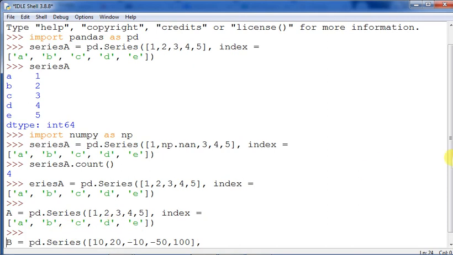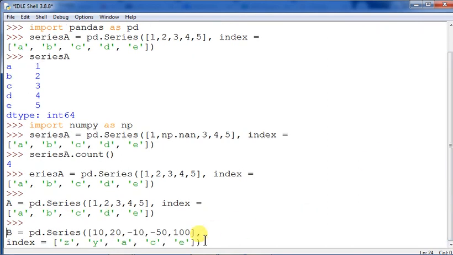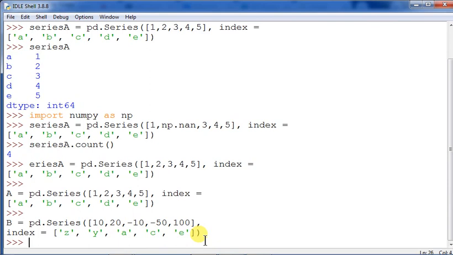Sorry, not here. I have to come at the end. That also you should learn, while doing the practical implementation, from where you need to press enter. Doesn't matter whether you give a comma and then you are writing in the next line, nothing will happen. Fine. Now the mathematical operation is to be done: A plus B. Both the series I am just adding.